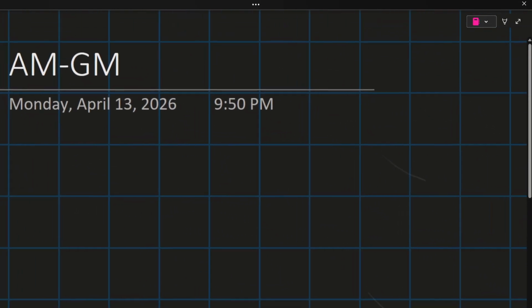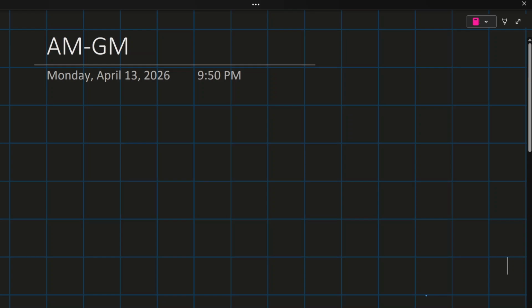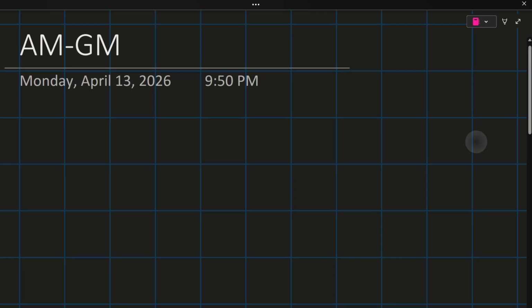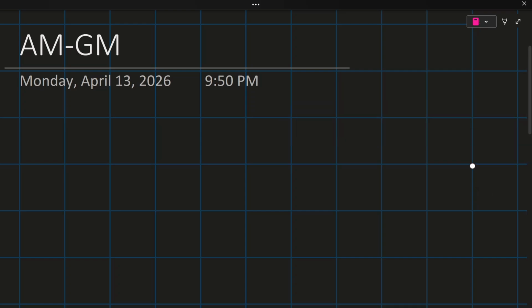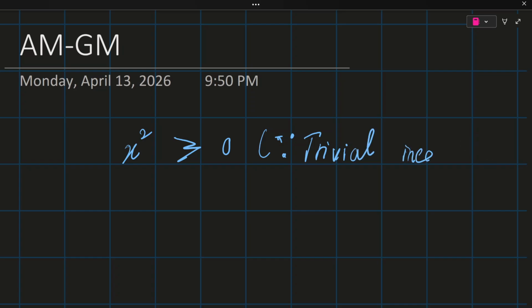Hello everyone. Today I'll be covering the AM-GM, which is one of the most important topics in algebra. Whether that's Olympiad or just academic algebra, you have to use it somewhere throughout your math journey. Essentially, this AM-GM is derived from this smaller, I guess you could call it a lemma. It's very small, so lemma. It's known as the